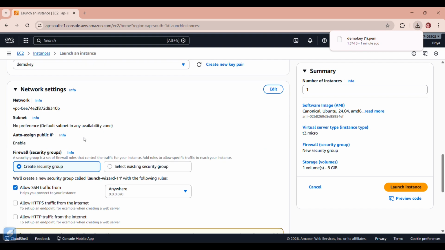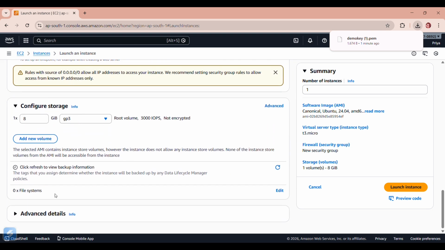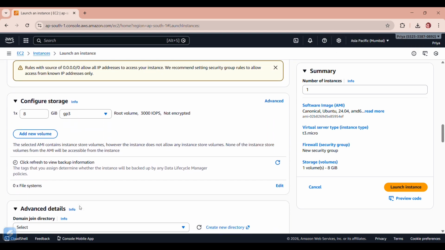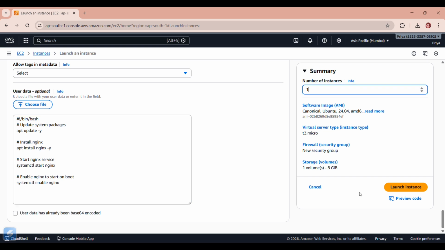Then we have network settings. So for this demo, I will leave it as default. Scroll down and click on advanced settings. So in user data, we can give command or script which we want to run on our EC2 instance while launching it. So I will give this bash script to install Nginx on my server. Now click on launch instance